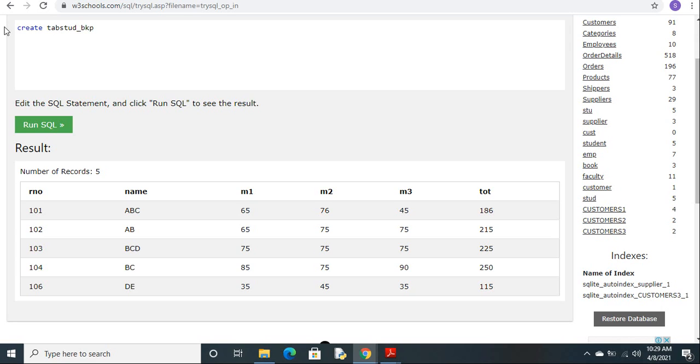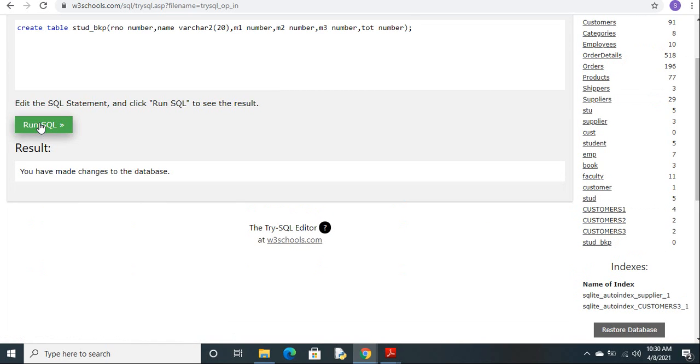Create table name: RNO number, comma, name varchar2 of 20, comma, M1 number, comma, M2 number, comma, M3 number, comma, tot number. So one table is created.